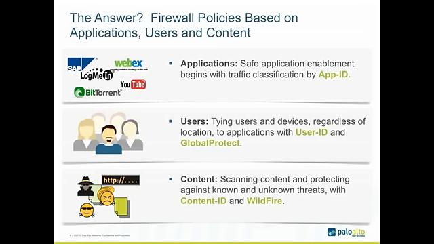AppID classifies all traffic across all ports first and foremost. What I mean by that is that as soon as traffic hits our firewall, we begin looking to see what the application is. We look across all ports using heuristics, application decoders, protocol decoders, SSL decryption, and signatures, and we identify the application, and that becomes the basis for your policy. So instead of allowing port 80, now you're allowing the specific application, such as Oracle or Gmail or Box.net, and